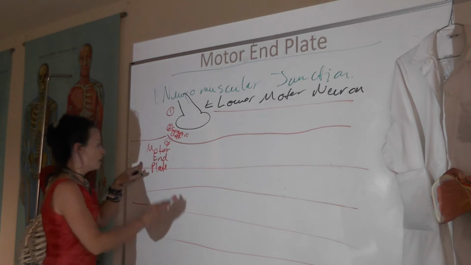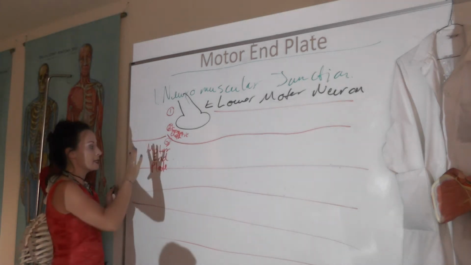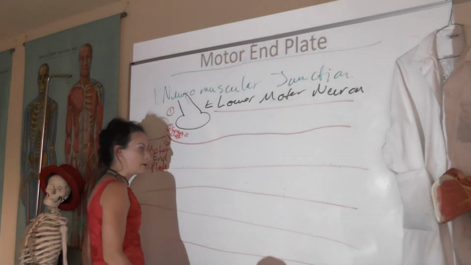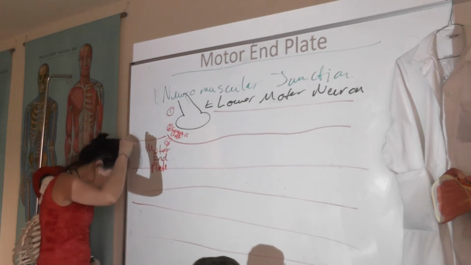Motor end plate. The motor end plate is this specialized region of the muscle fiber that contains ligand-gated